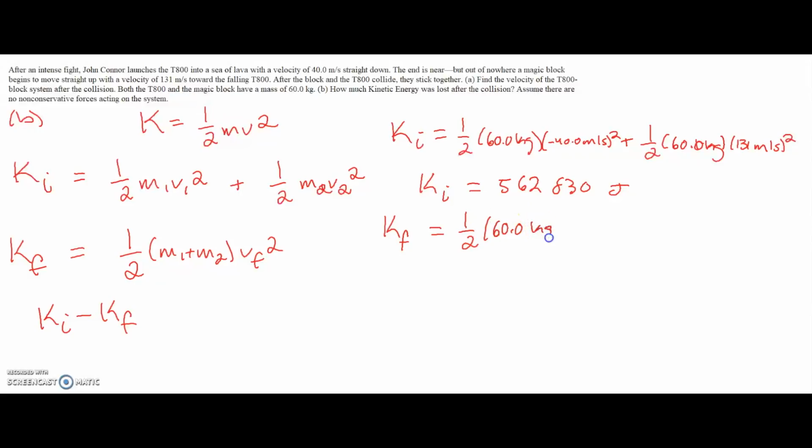So it's their masses combined or added to each other, and the final velocity squared. And if we were to plug that into the calculator, we would find that the final kinetic energy was